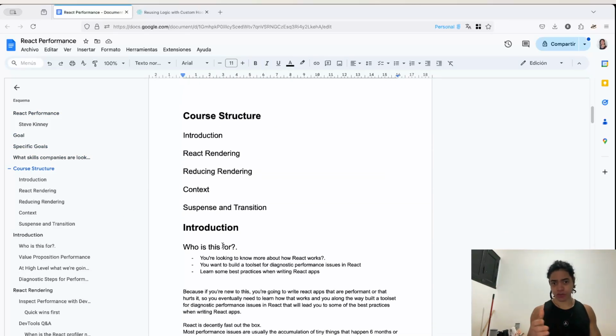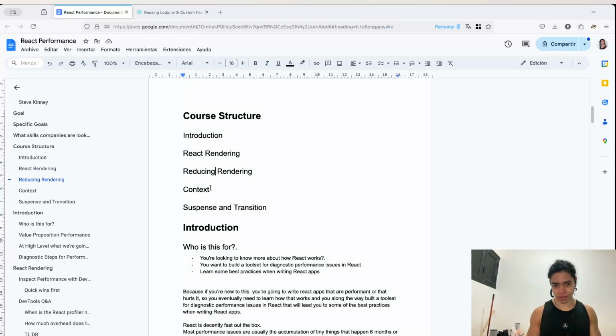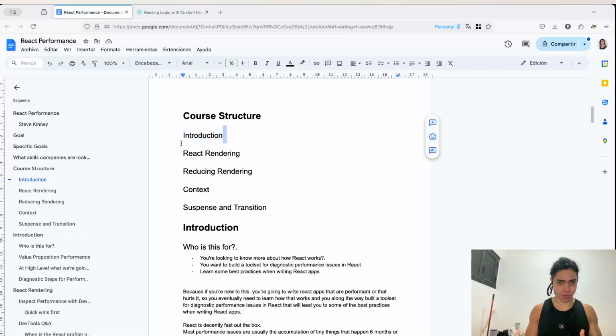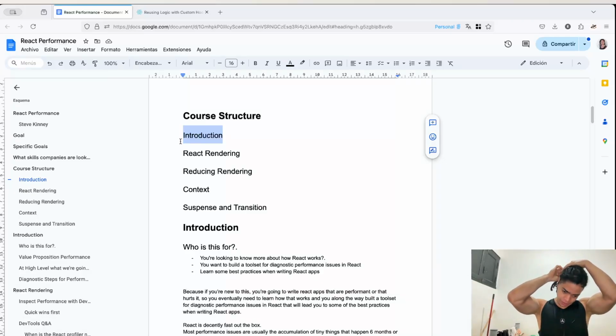This course is structured in this way. You've got the introduction, React rendering, reducing rendering, context and suspense. But if you want to know how to improve something, you need to know how that thing works. What is the mechanism behind the scenes? So with that, once we're able to describe and actually understand,